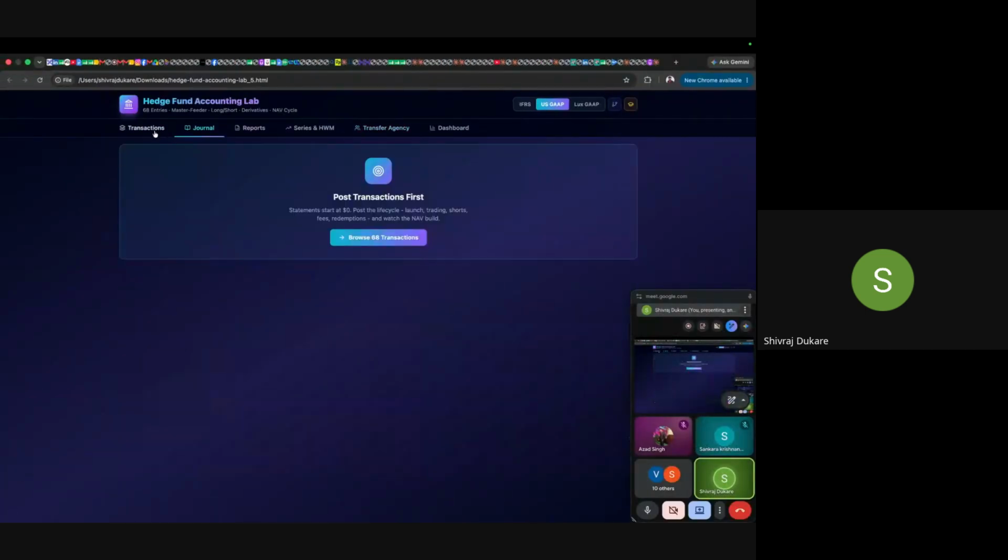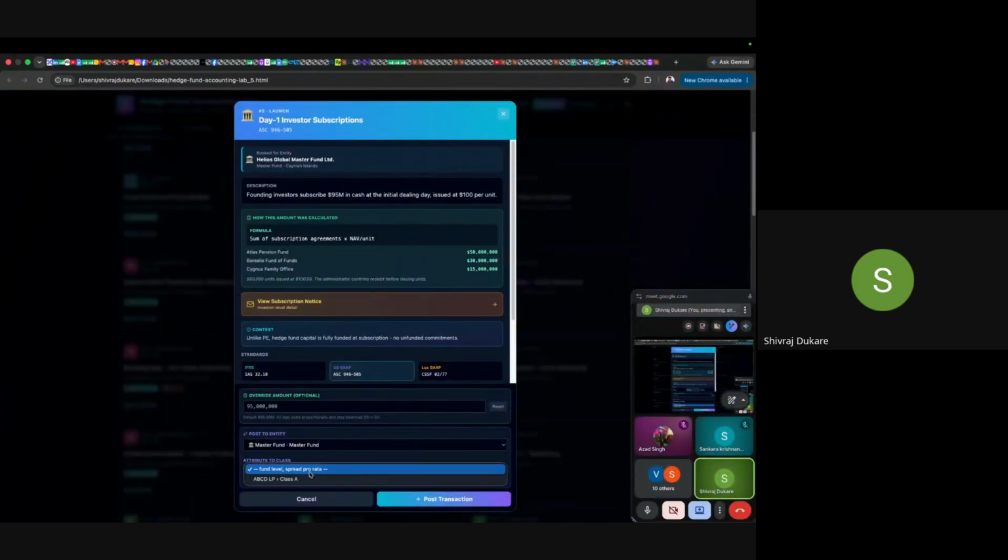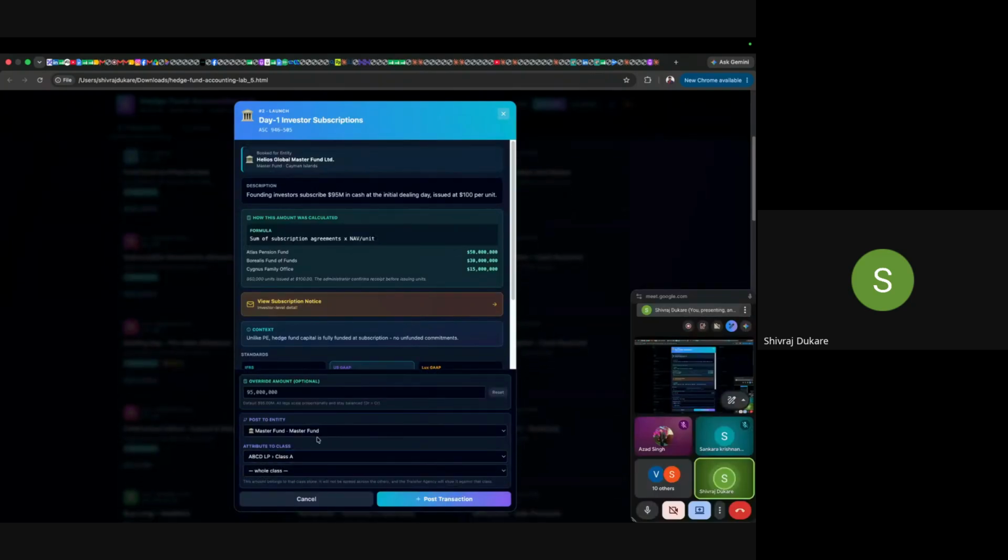And then, okay, yes, now it's picked up correctly. But the point is, I wanted investors to also allow the link. Look at this, guys. The attribute to class is there. So once you create it, it is there. But now the point is, I also wanted to link the investor. Let's say we have received a subscription, then how can I define that the subscription we have received is for